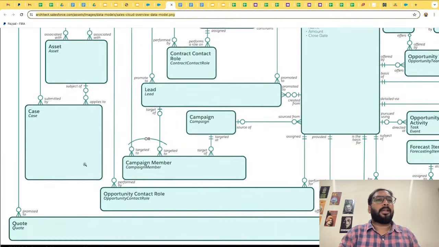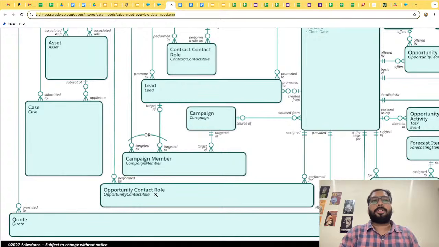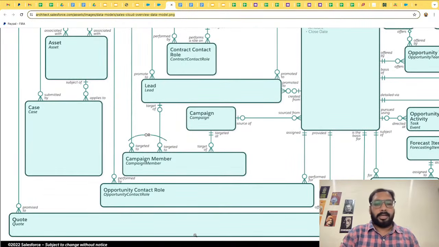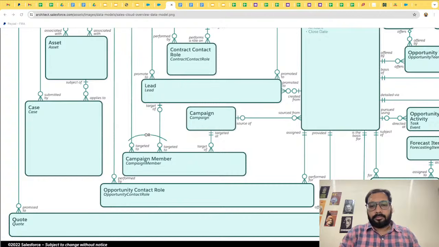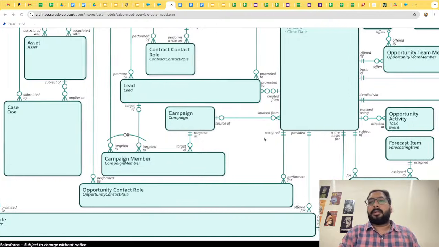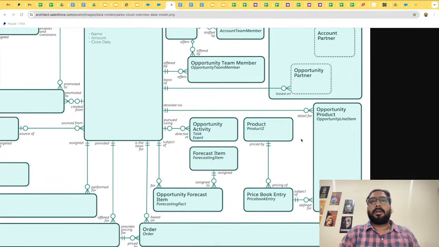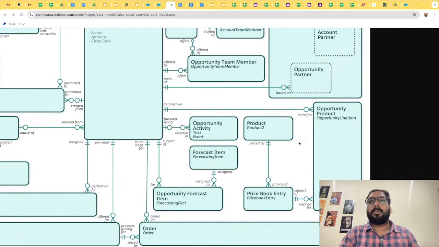If I go to the left, we have case, and we have opportunity contact role, which is again a junction object. Then we have the quote object, which is also related to account, if you see this left line. On the right-hand side, we have lots of objects related to product, price book, and order.